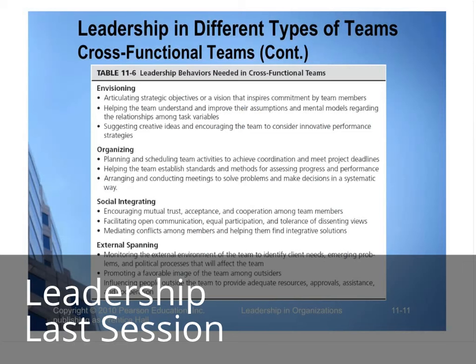So you got to help the team understand and improve their assumptions and mental model regarding the relationships among past variables. So when you have a vision and you help the employees understand it also and improve their assumptions, their mental model, that really helps bring everybody on the same page. And you suggest creative ideas and encourage the team to consider innovative performance strategies. So this means